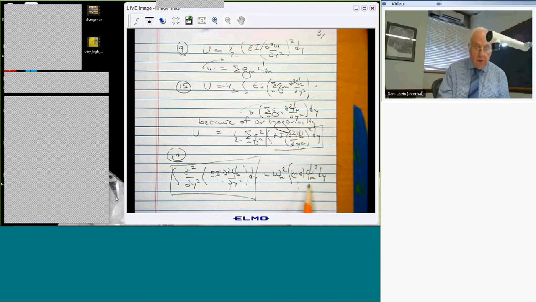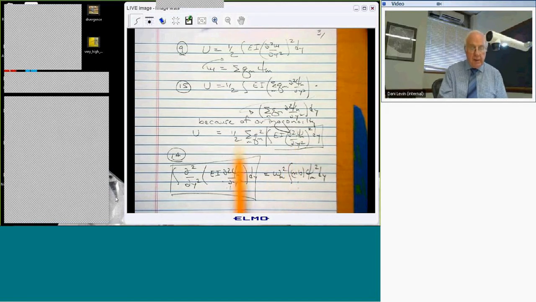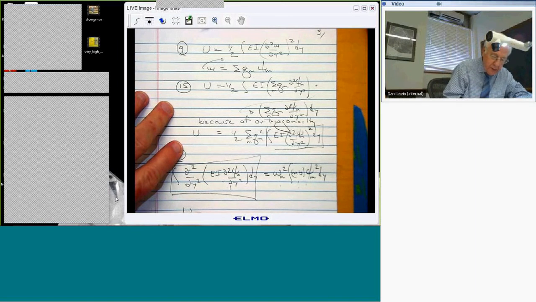So when you have these potential energy terms, they can always be written in terms of the natural frequencies and the generalized masses. This is a particular case, but to my knowledge, no one's ever found a case where that's not true. And Maxwell allegedly, in some obscure paper in 1890 or whenever, probably in the Proceedings of the Royal Society, proved it for a general linear elastic body. So that means that the potential energy can always be written as 1/2,